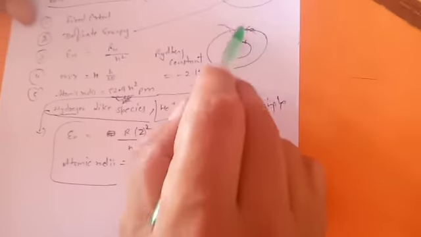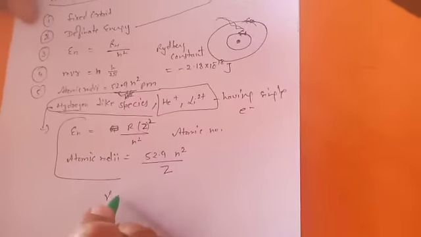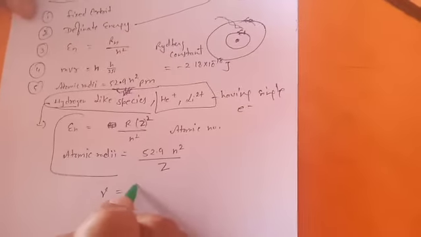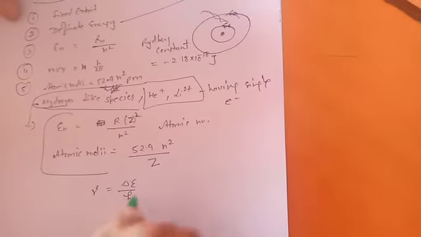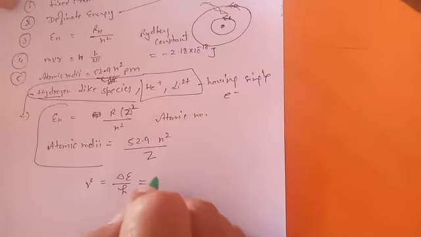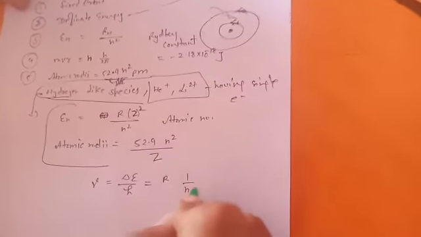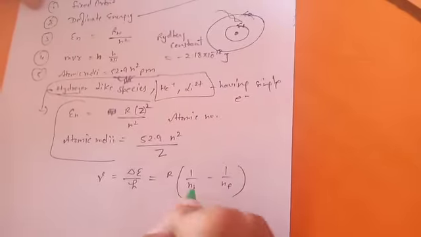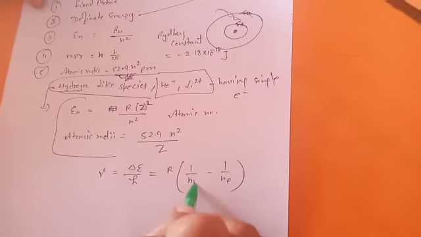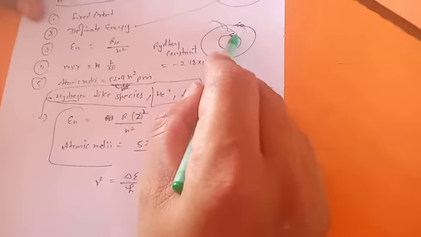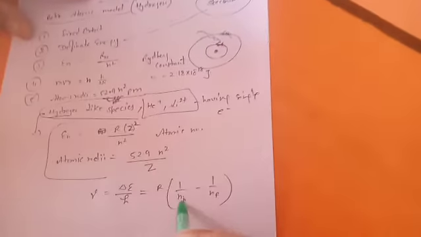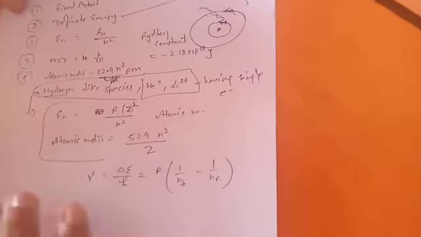And if you talk about which frequency will get absorbed, you can easily calculate it, because you know that delta E, the difference, is h nu. So the frequency you can easily calculate by R times (1 over n_i square minus 1 over n_f square), meaning from where to where the electron is going. Initial is where it is jumping from, and final is where it is going, say up to the second or third shell, that you put here as the final state. That's how you get which particular frequency is absorbed by a particular element.